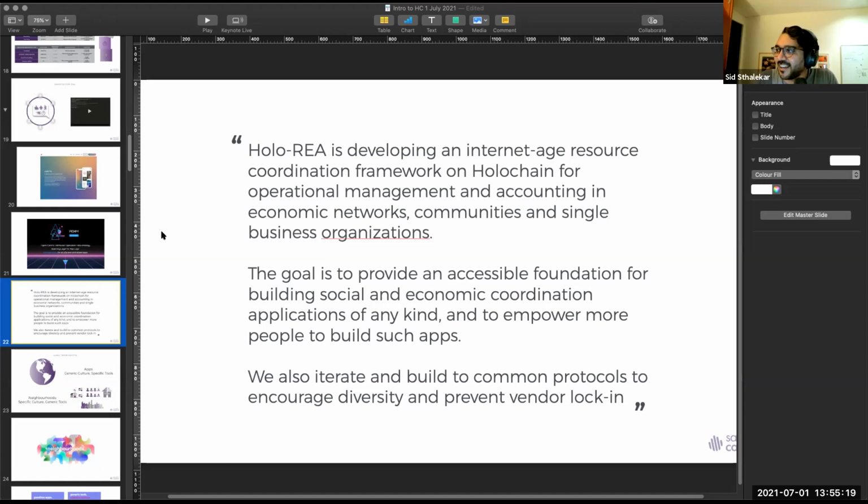But in a nutshell, I think there's this really popular meme or phrase within Holochain, there's not as much an obsession with crypto, but more with accounting. And I think HoloRea is one of the best protocols I've seen for accounting in distributed frameworks or distributed systems. Personally, I found it really interesting within minutes of coming across it a couple of years ago,